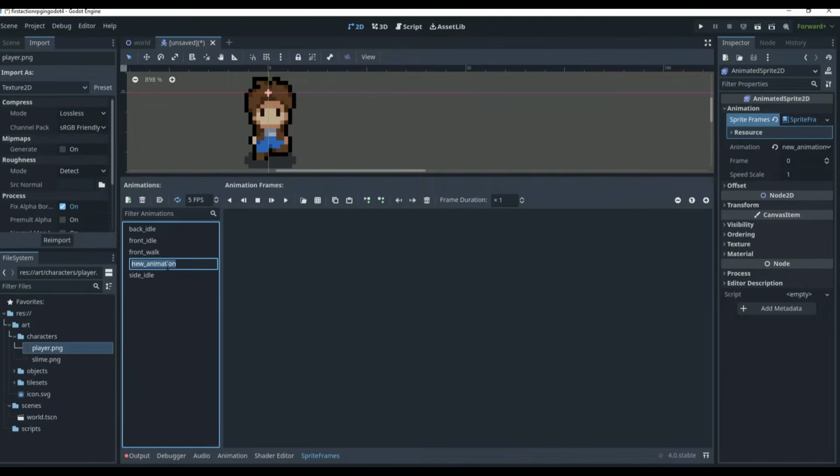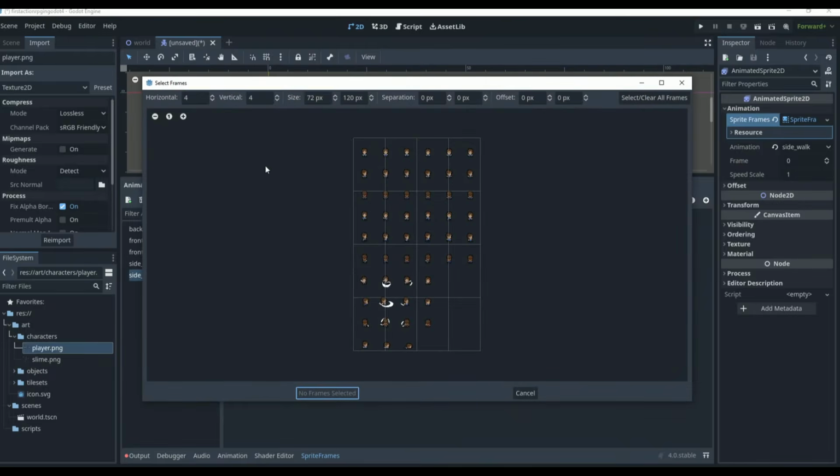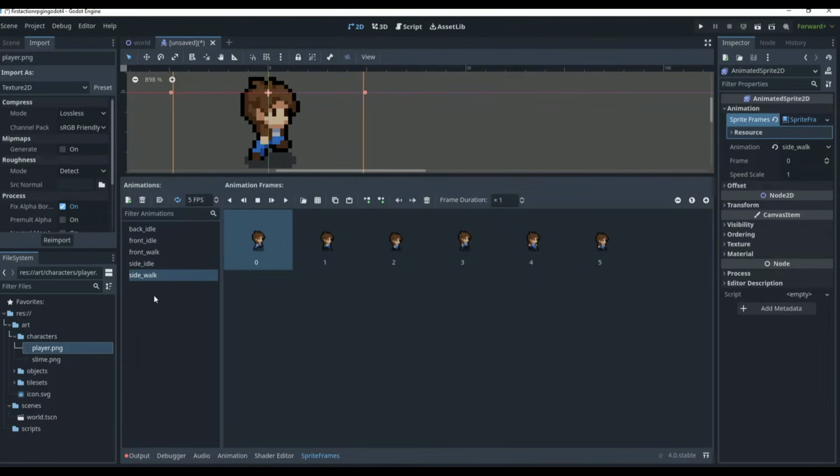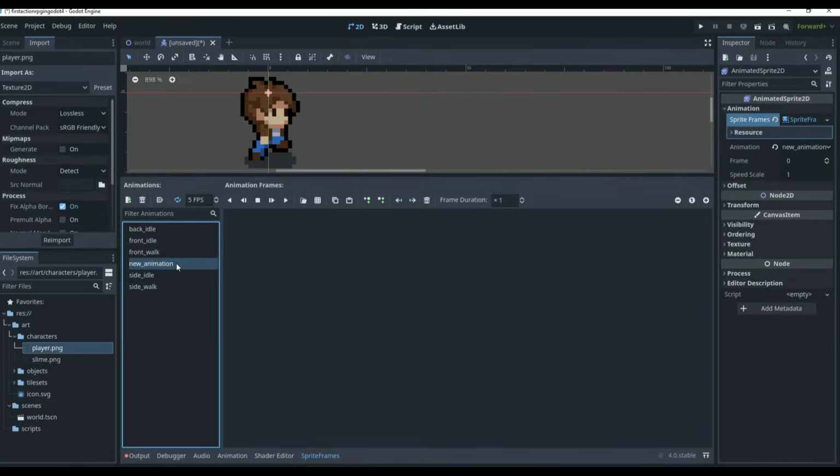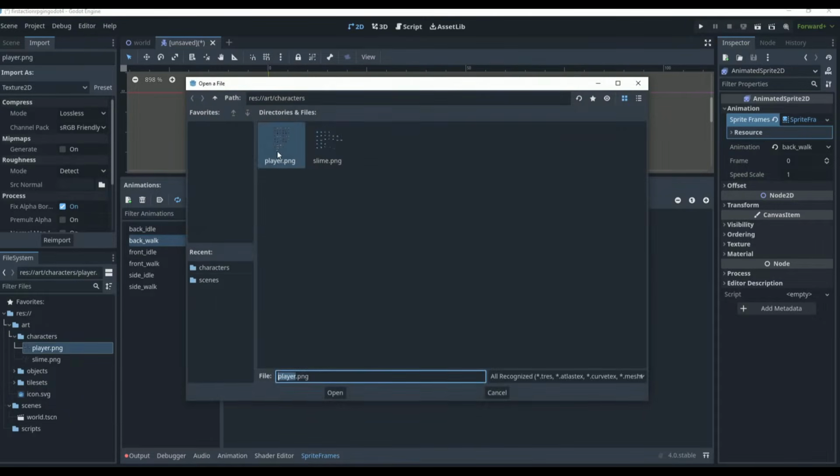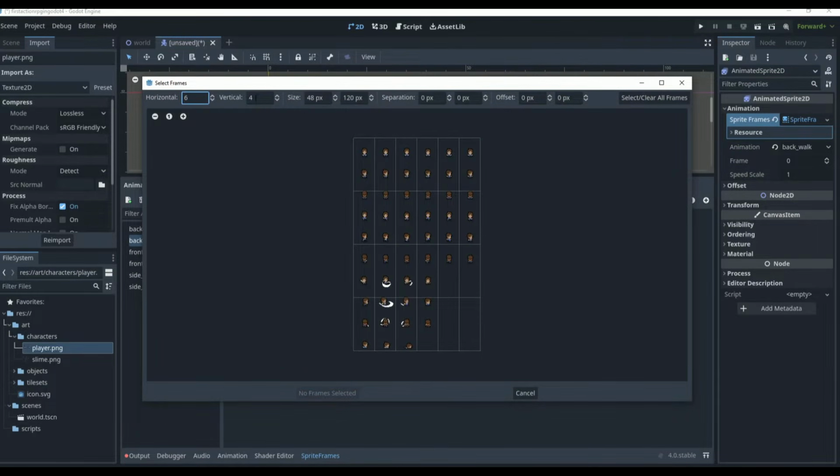And then we have our side walk, which is going to be right below those, right? So these are side walking. So we're walking to the side. And the reason it's called side walk is because you don't need an animation for right and left, because we'll just flip the character horizontally, right? But that's our side walk. And then we also need our back walk. And our back walk is going to be the very next one right here,